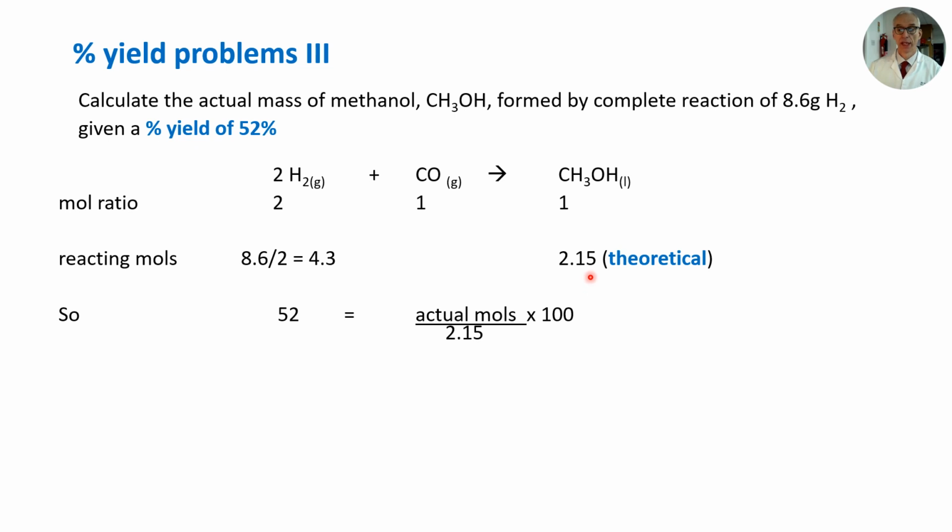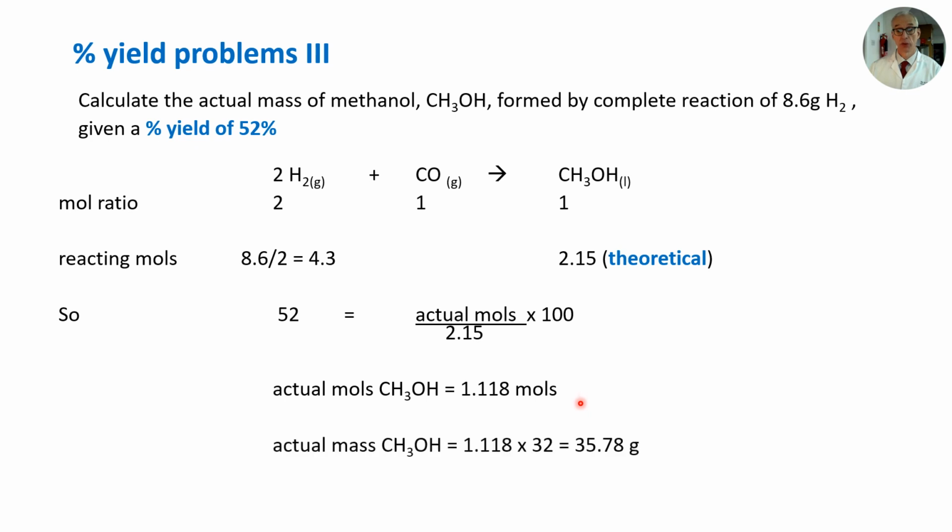So we have a theoretical number of moles of methanol, which we can put into our equation. The unknown in this case is the actual moles. We know the percentage value. So 52 equals the actual moles divided by the theoretical moles, which is 2.15, times 100. So we're going to solve for actual moles. That comes out as 1.118 moles of methanol, and we want to know the actual mass. So having got the actual number of moles, we simply multiply by the molar mass, 32, to produce the mass